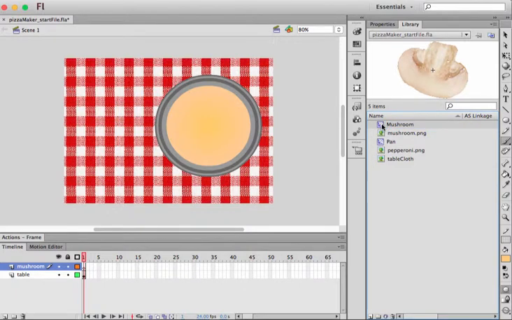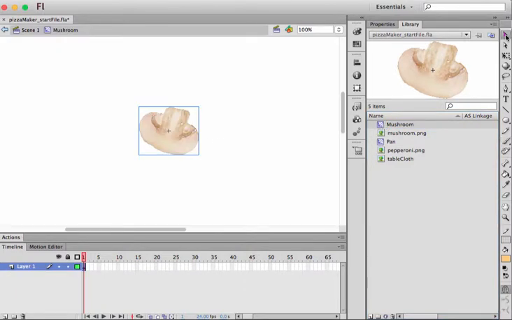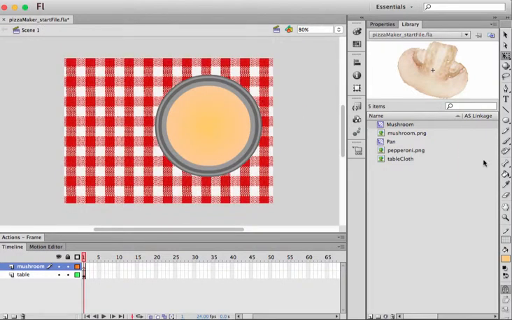I'll need to do one other thing to that mushroom. I will need to make him a little bit smaller so that when I use my spray can, they're not gigantic mushrooms. So I double clicked on my mushroom to edit him, use my free transform tool to make him a little bit smaller. Go back to scene 1. Now I can choose my spray can tool, and my spray brush tool is underneath the brush tool. So if I press on the little black triangle and choose spray brush tool,